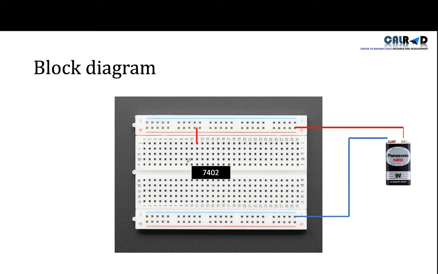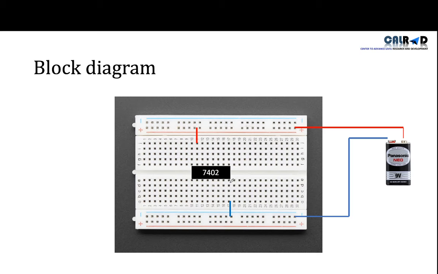Now the second step is we connect this 14 leg with the positive terminal here. Because we do this connection, this means this whole row is positive now. Third step is connecting the 7th leg with the ground or with the negative. So if this point is connected with negative, this means all these holes are negative. So this was our next step.